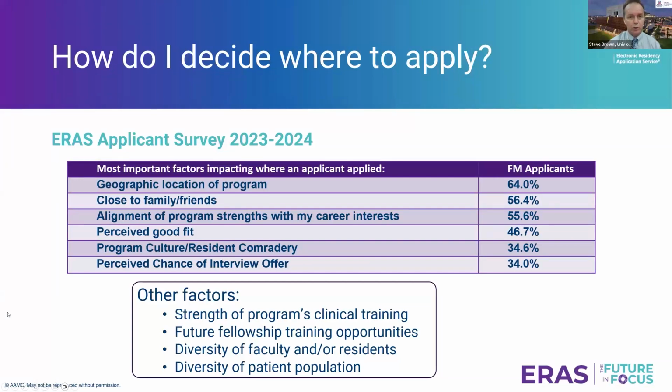And this is going to be especially important if you have a niche goal. Like, I really want to be able to deliver babies when I graduate. Then you're going to really want to look for programs that have strong maternity care experiences. And you can even ask about those types of things, because even though in family medicine we all have the same program requirements, there might be more variation in family medicine residencies than there are in many other types of specialties. We have 6 months of electives built into our 3 years, which can really be tailored to your individual interests. So if you have a strong individual interest, then you'll want to align that with mentors or programs that can help you pursue your individual passion. Next.